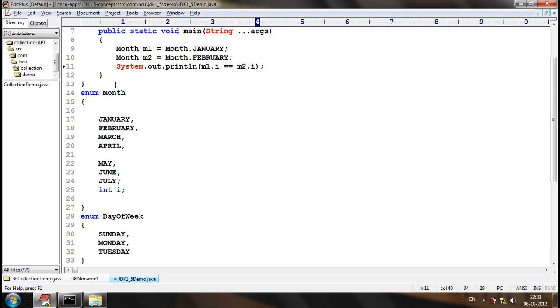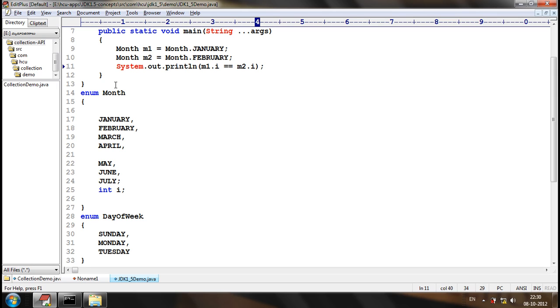Now what is the value? Will it be true or false? The double equals operator for primitives will verify values. I don't expect you to think for this much time.